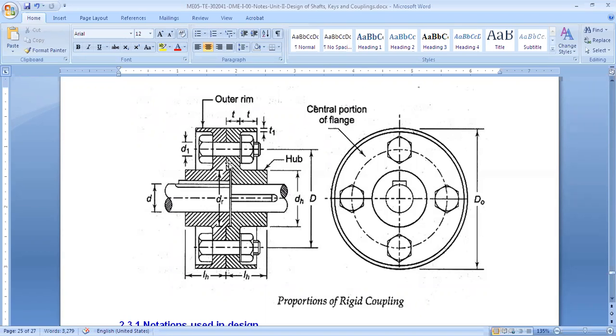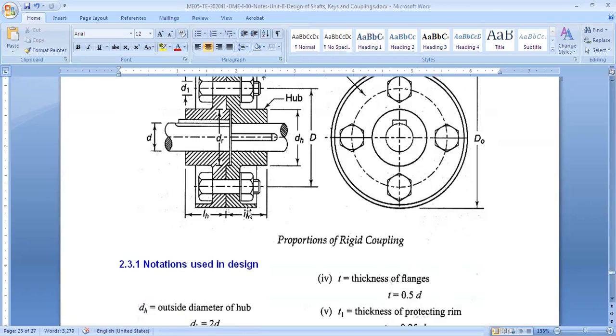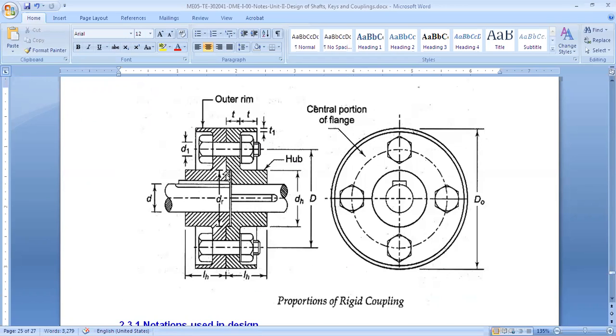Now that area is pi by 4 d1 square, small d1, multiplied by the number of bolts n. That will be the area resisting the shear, right? So tau is equal to P upon that area, the shear stress. Very simple, we completed one design. Allowable shear stress tau in nut and bolt is equal to P upon A, where area is pi by 4 d1 square multiplied by n, the number of bolts. Here in the diagram it is 4. So if we know P and the allowable shear stress, we can find out the diameter.